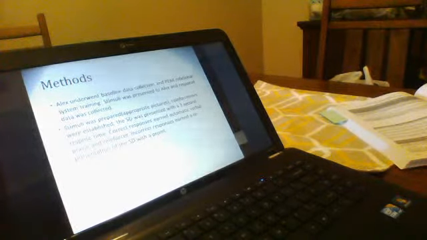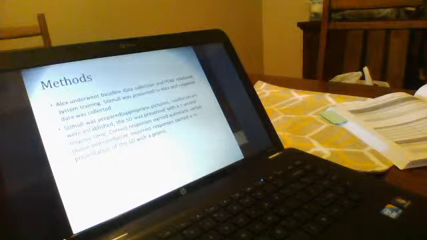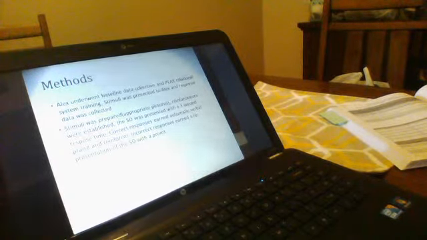The methods. At first, Alex underwent baseline data collection, and then we moved into the PEAK relational training system. Stimuli were presented to Alex, and response data was collected immediately. Stimuli were prepared. Appropriate pictures were found for both the seasons and the weather patterns. Reinforcers were established. Alex really enjoys watching a train video that he has, so that was his reinforcer. If he did well and scored correctly, he received 5 seconds of watching the video.